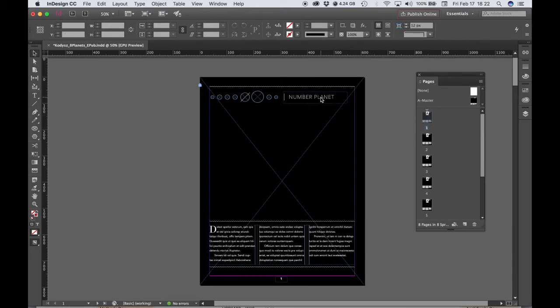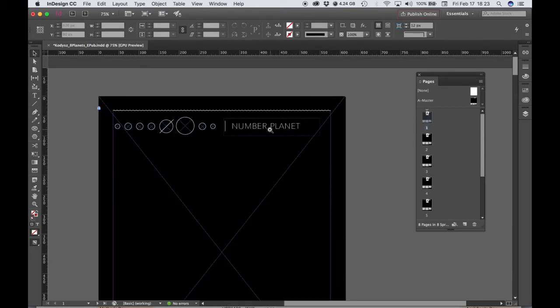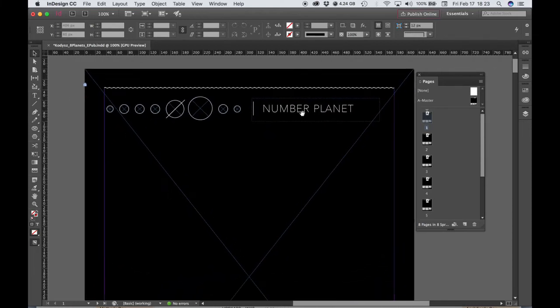And what I want to do on each page is to customize the planet number. So the planets are going to go in order from the nearest to the farthest from our sun in our imaginary solar system. So planet number 1 will be the nearest and planet number 8 will be the farthest. So page 1 is going to be first planet, and what I'd like to do is change this number, but